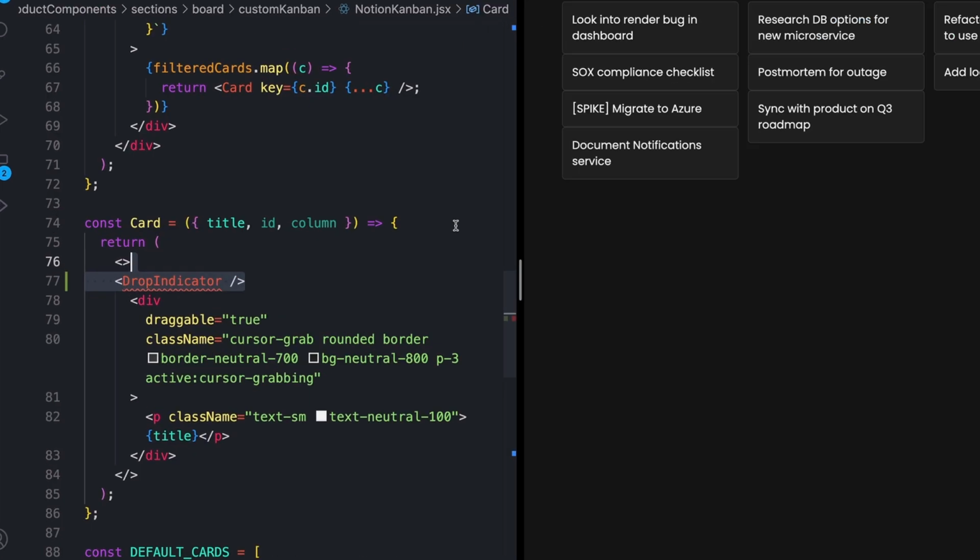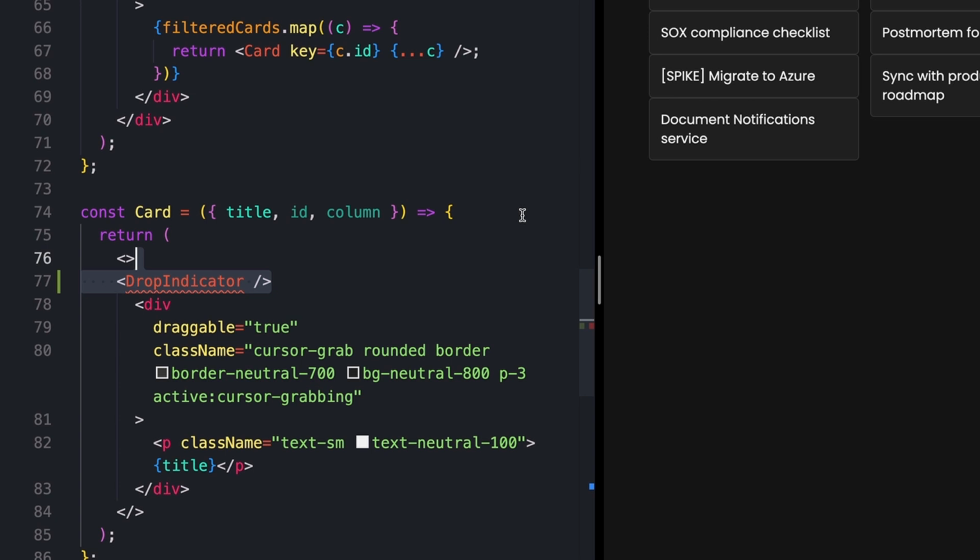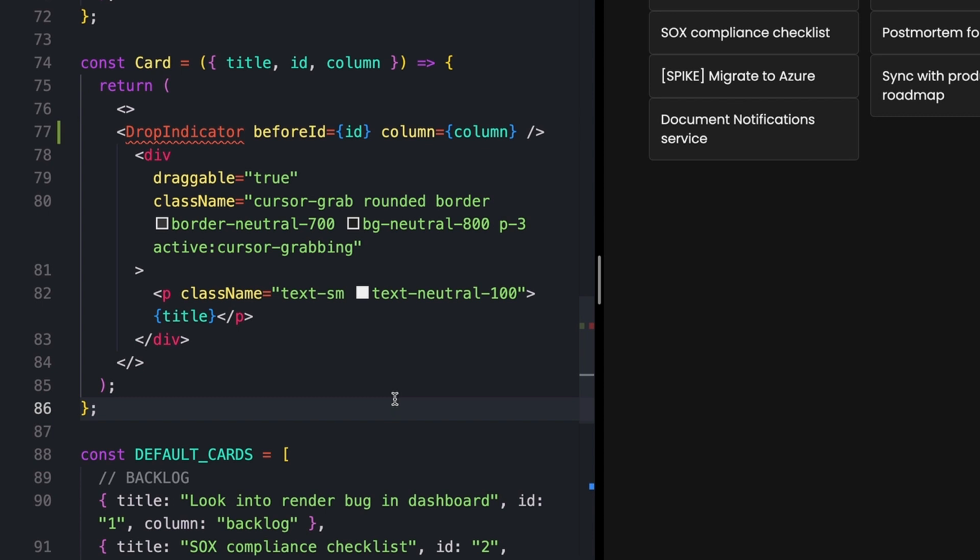I'm going to call that component indicator, and we're going to render it right on top of our main div here in our card component. That's going to take in 2 props, one called before ID, which is just going to be the ID. This is going to help us later because we're going to need to figure out where we actually want to drop this card whenever we're dragging it. We also just want to make sure that we pass through the column,